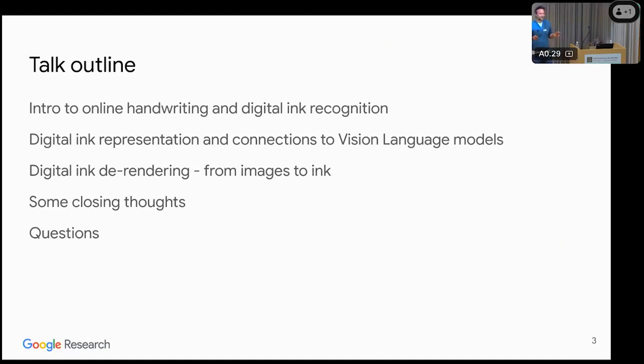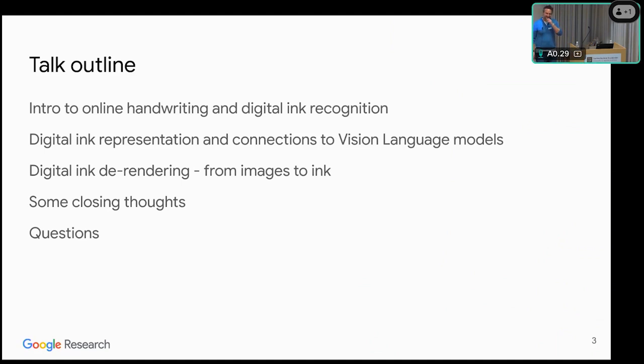That said, I do have some text things to talk about, because part of our team does handwriting recognition, which obviously is text. It's very much at the intersection of computer vision and text. We're obviously trying to recognize text, but we have different input modalities, right? Images of text or online handwriting and so on. So in this talk, I'll start with an intro to online handwriting recognition and digital ink recognition. Then I'll talk about some very hot off-the-press work, which is essentially 2 papers that we recently published.